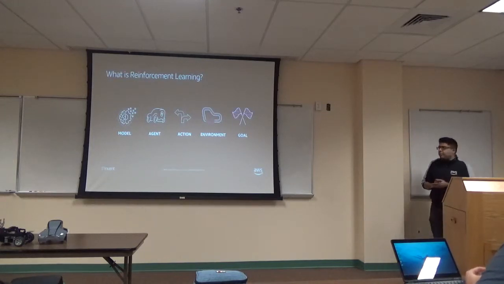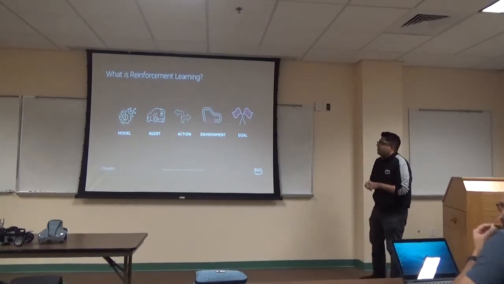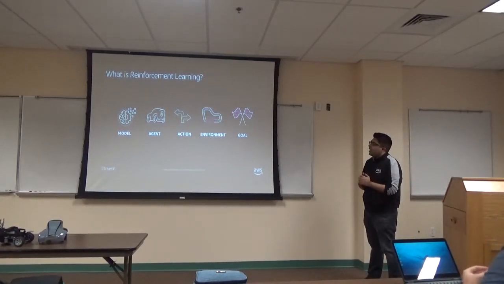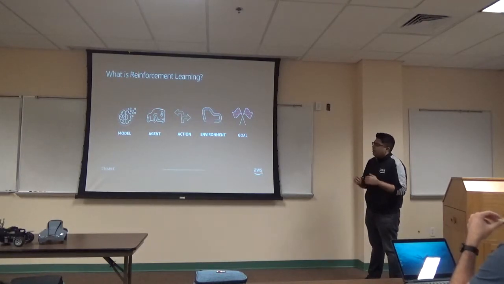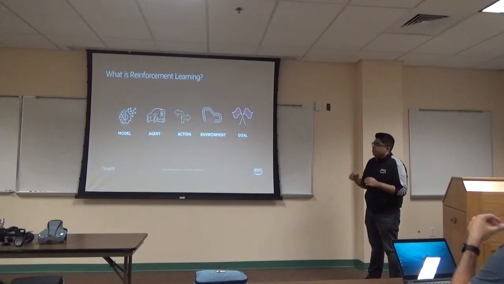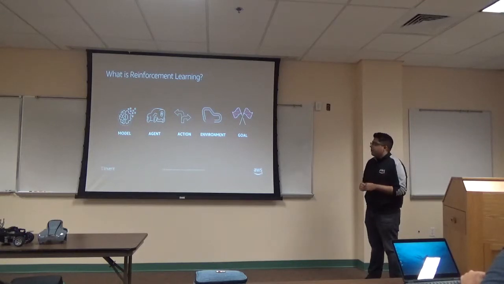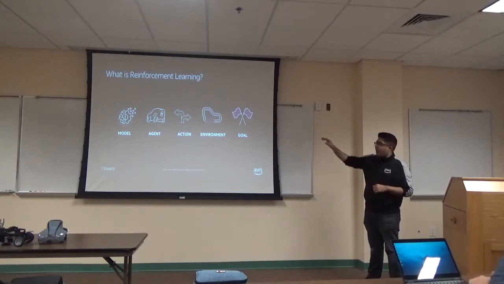And so in reinforcement learning, the idea is to create a model that gives agents the ability to make an action in a specific environment with a goal. So with the DeepRacer, the idea is to build a model so that an agent, in this case the self-driving car, can choose to make an action, which is going left, right, backwards, forward, speed fast, speed slower, in a specific environment, which is this track over here, with the goal of completing that track.